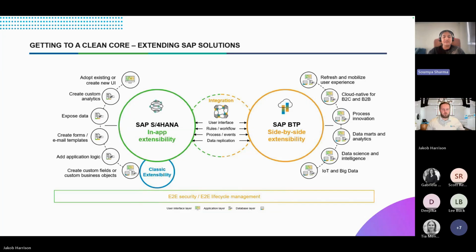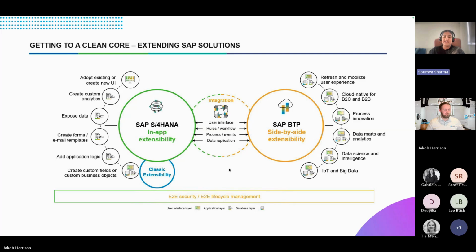Recommendation-wise, if there's any simple change that needs to be done, be it on the UI or the logic layer, and it's a very simple ask, then it's still fine that it can be done on S/4HANA, assuming that it does not hamper the delivery or the release of the latest features and the maintenance of the system. And then there is the typical custom objects and custom code, which is highlighted in the blue circle,